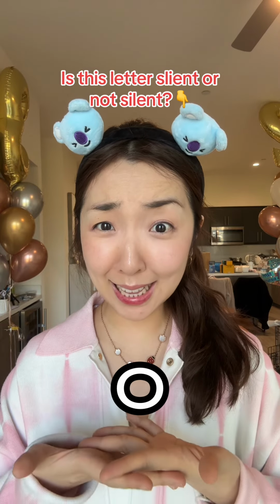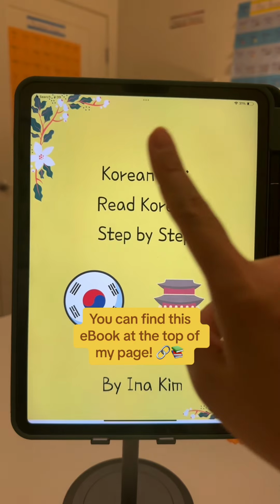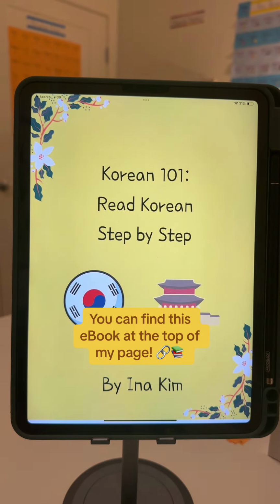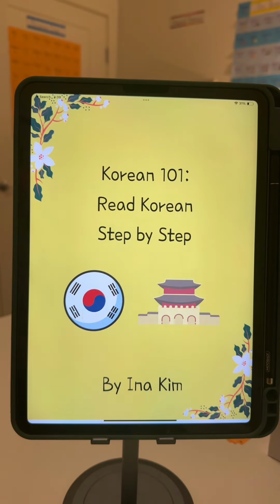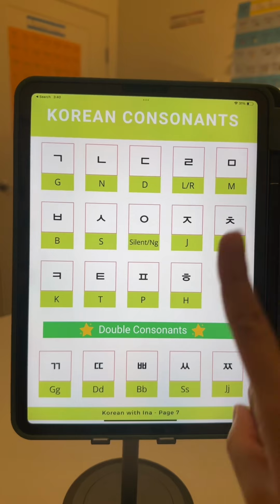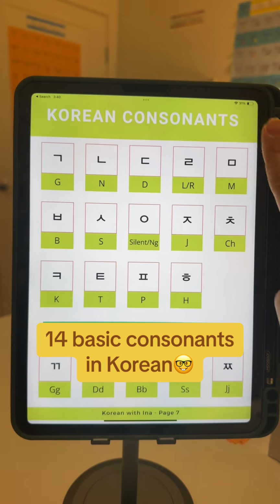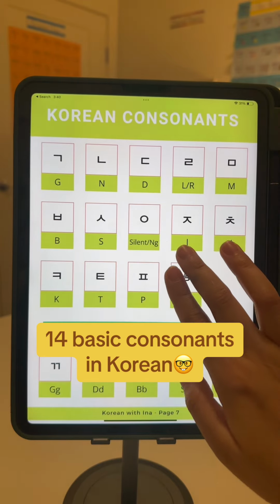Is this letter silent or not silent? I'll be using Read Korean Step-by-Step ebook, which you can grab on my bio, and let's make sense of this character. First, I want you to know there are 14 basic consonants in Korean, and this middle one right here